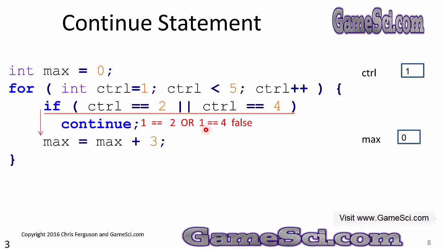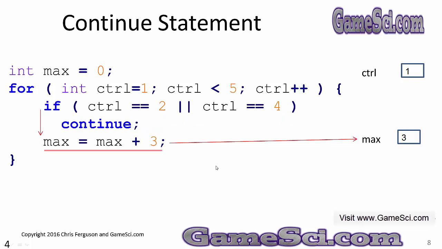Or 1 equal to 4. They're both false. When both sides of an OR are false, what happens? The result of the OR is false. So this statement evaluates out to be false. And when it's false, it will skip past the continue and go to the line that starts with max equal. Because it is false, we will skip past the continue and execute the line max equals max plus 3. 0 plus 3 is going to be a 3, and you can see the variable max is changed when this